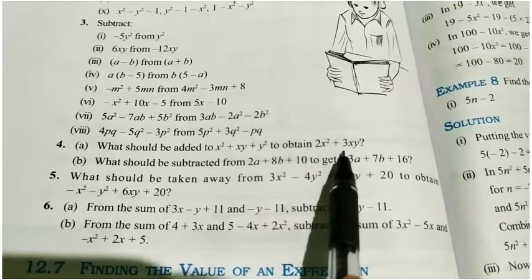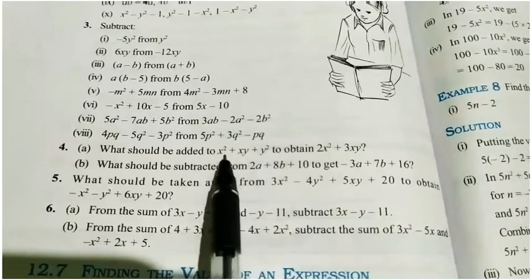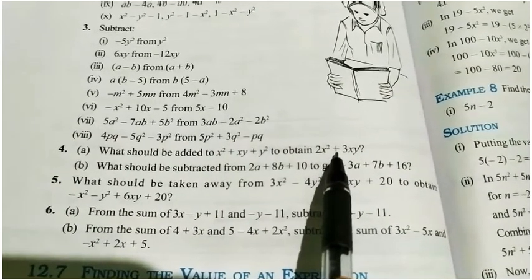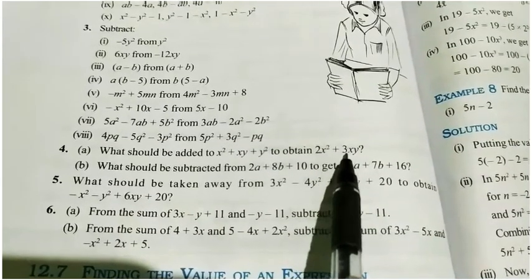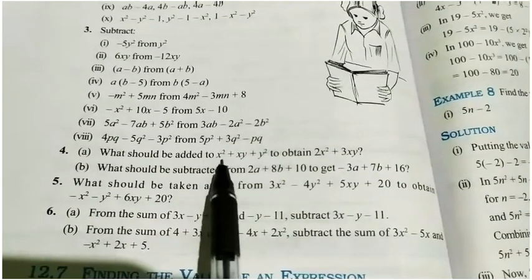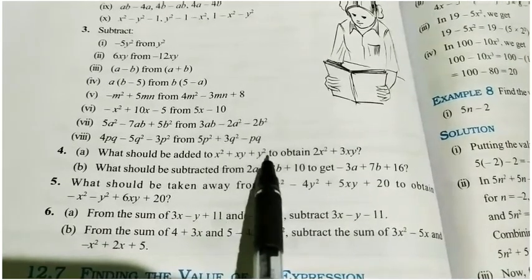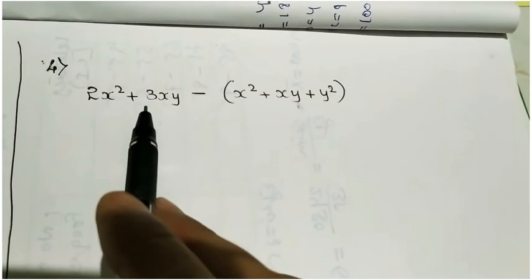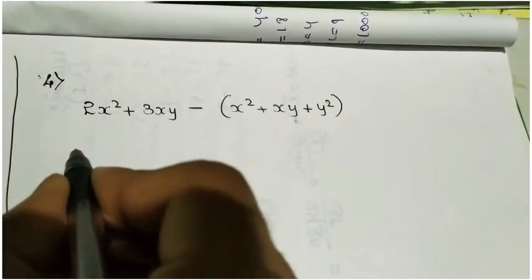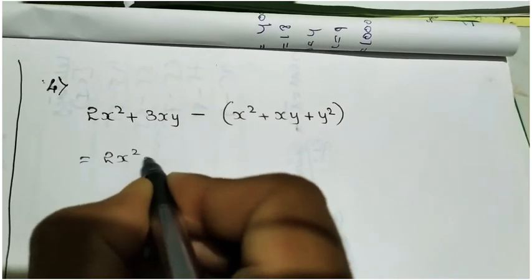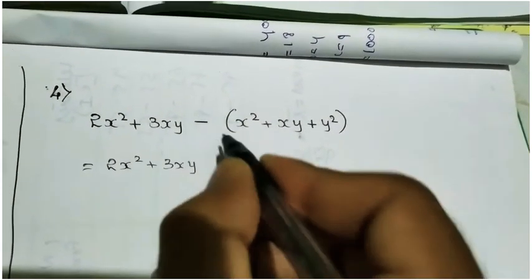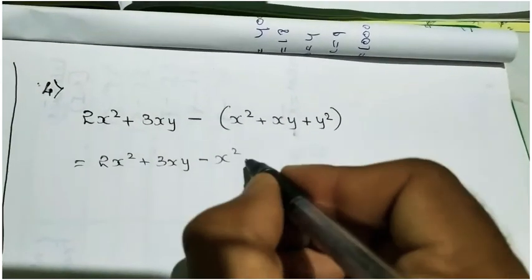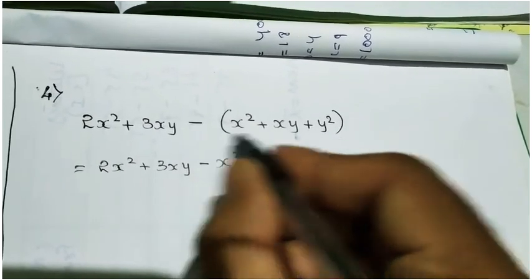So then what we have to do, we have to subtract the adding number from the obtained number. Okay, so from 2x square plus 3xy, we have to subtract x square plus xy plus y square. So here make the subtraction from the obtained number, so that will be 2x square plus 3xy, minus into x square, it will be minus x square, minus into plus minus xy, minus into plus